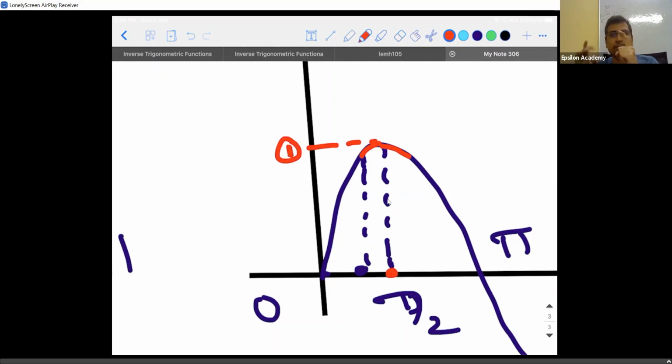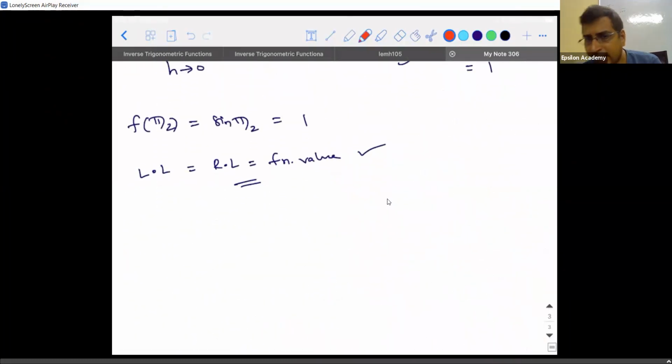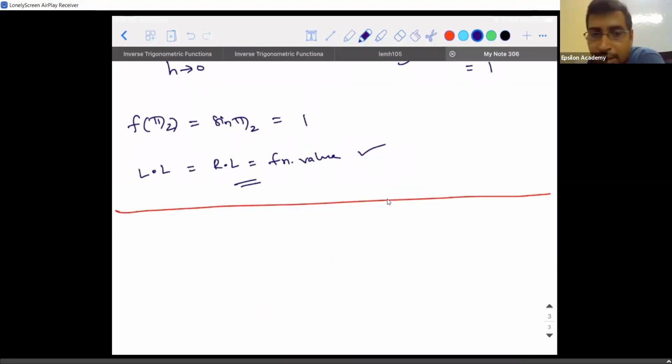Since all these three values are coinciding, this graph and this graph will meet each other. They will meet each other. Are you able to understand? That is the meaning of a function being continuous at that point. Now, the next task we need to perform: is there a case where a function can be discontinuous? Let's try it out. Surya, concentrate now.